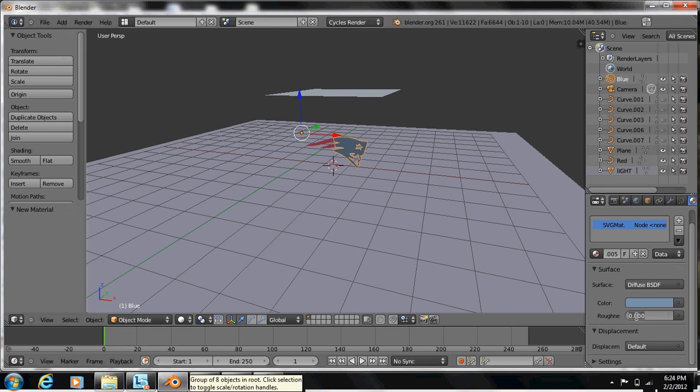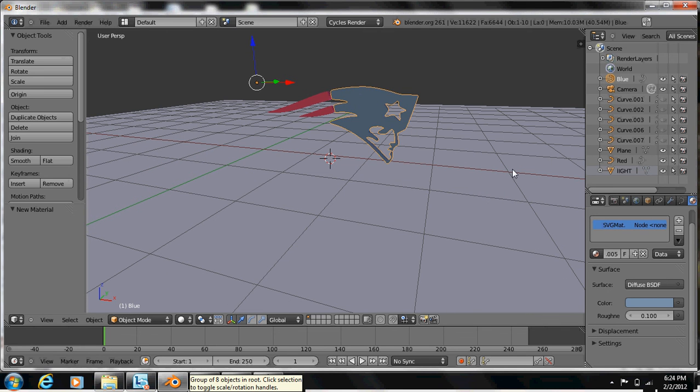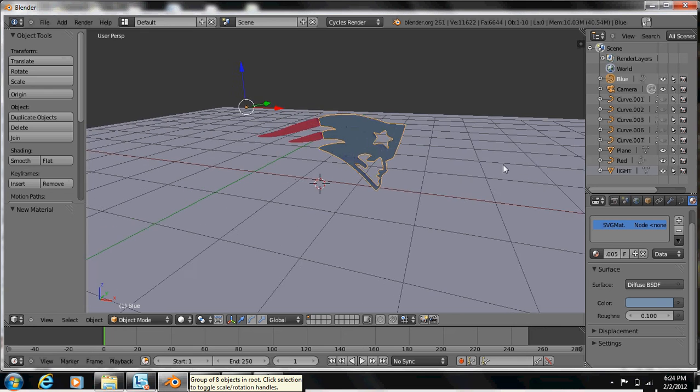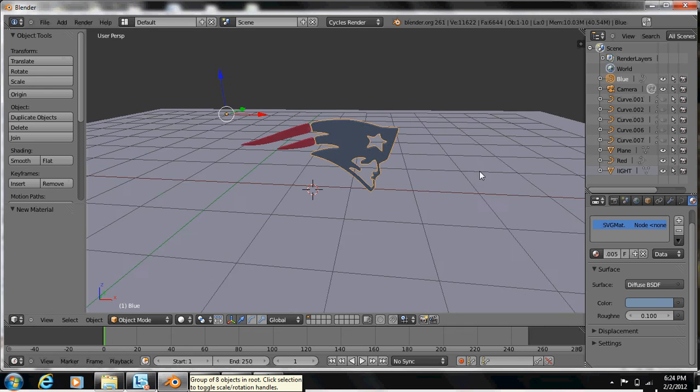And we'll just manually change the number here to 0.1. And if we zoom in here, just position this around,